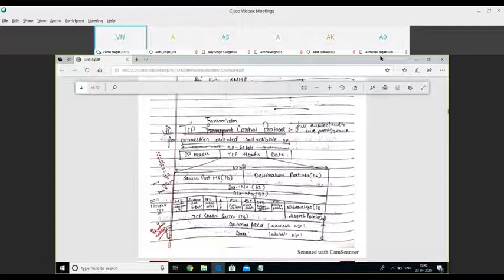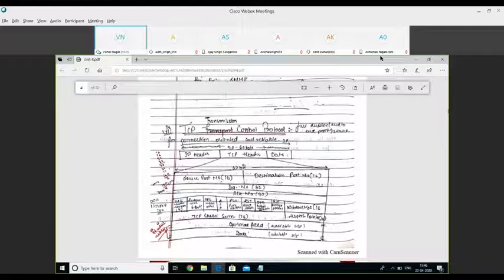Let's say two communicants A and B are communicating, and this particular segment that we are discussing at this time is sent by B to A. That means in this acknowledgement field, we keep the acknowledgement number corresponding to the data which was sent by host A to host B, and as a reply, host B is replying to the sender of this packet in terms of the acknowledgement number.